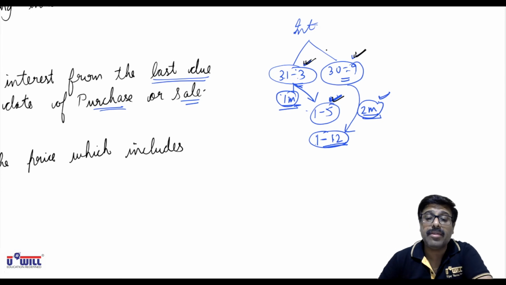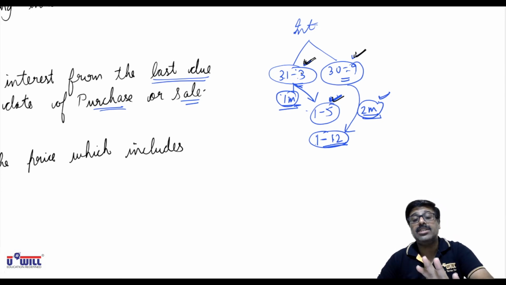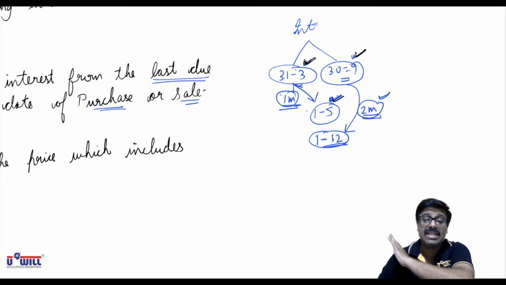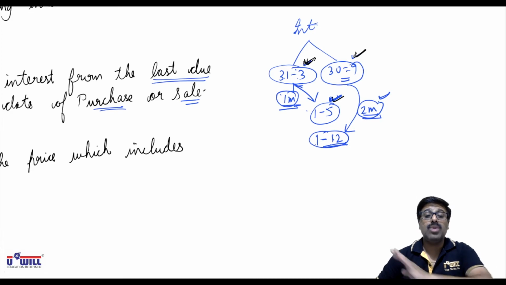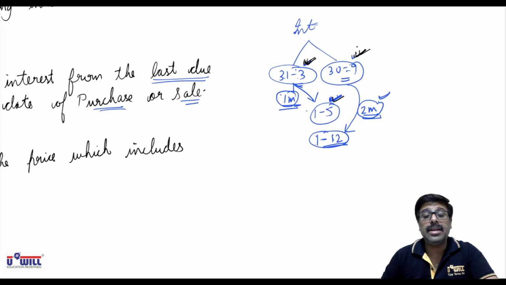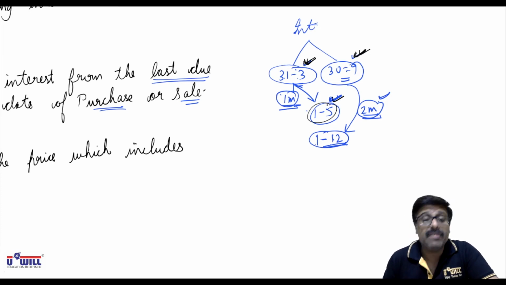So company will pay interest only 2 times in a year. Whosoever is having the debentures or securities on 31st March, all those people will get the interest from the company on that day. Whosoever are having the securities on 30th September, all those people will get the interest on 30th September. Now what about the people who are buying and selling in between?